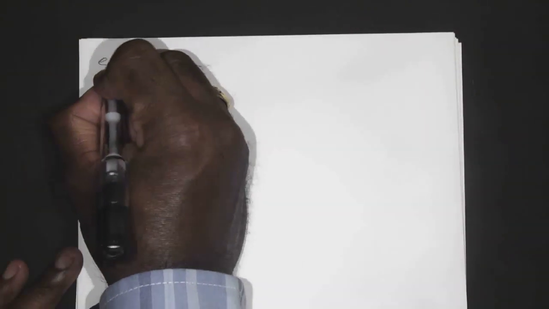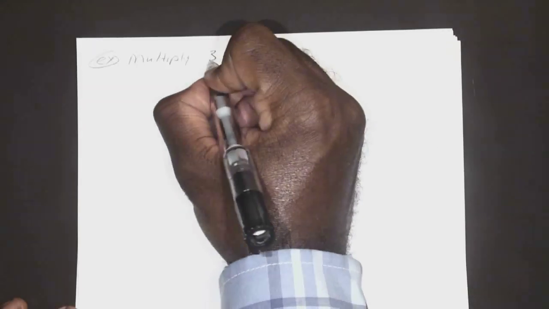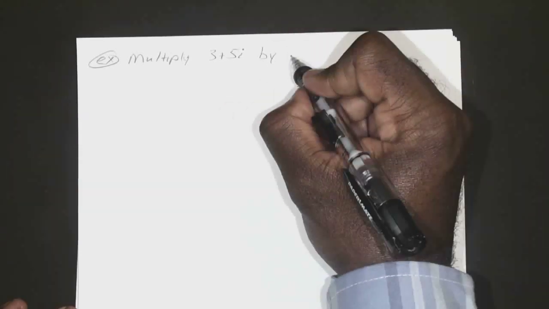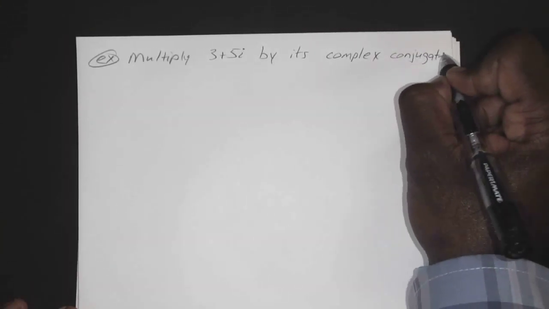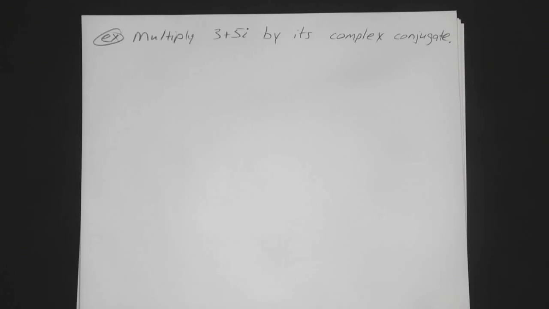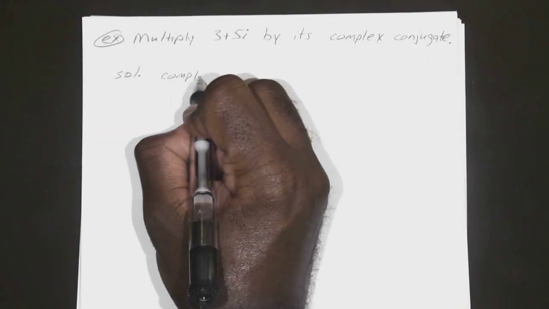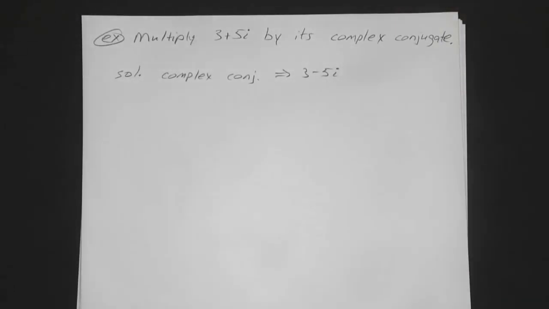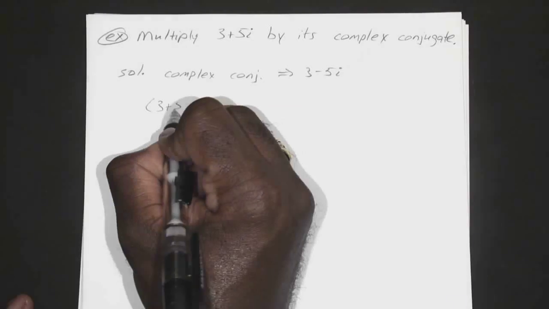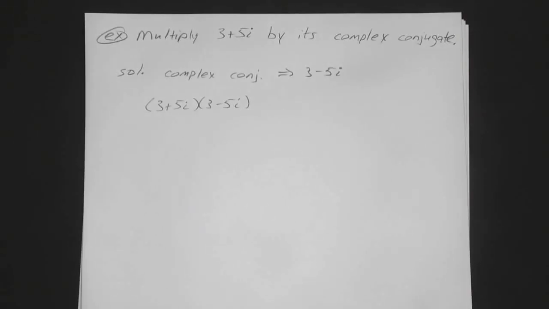So let's say, for example, we wanted to multiply 3 plus 5i by its complex conjugate. Okay, so we know that its complex conjugate is 3 minus 5i. So that gives us 3 plus 5i times 3 minus 5i. So if we do the FOIL method,